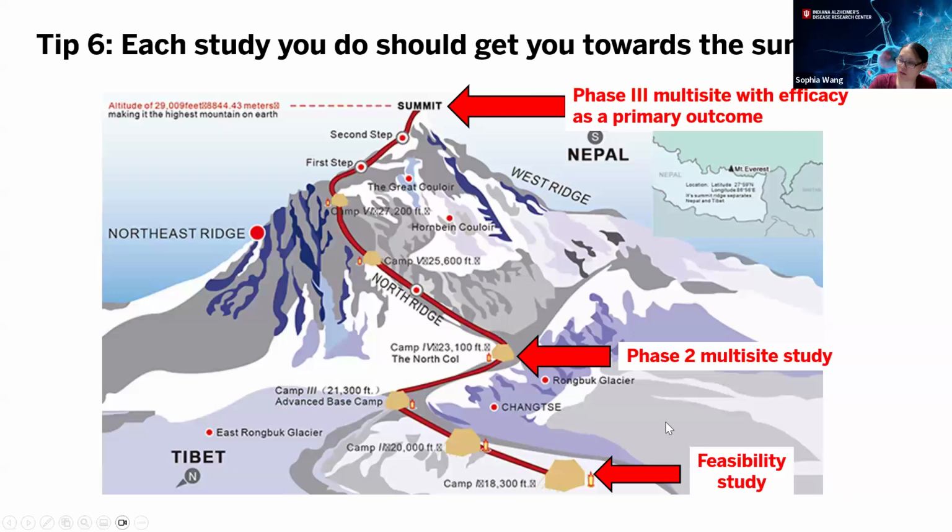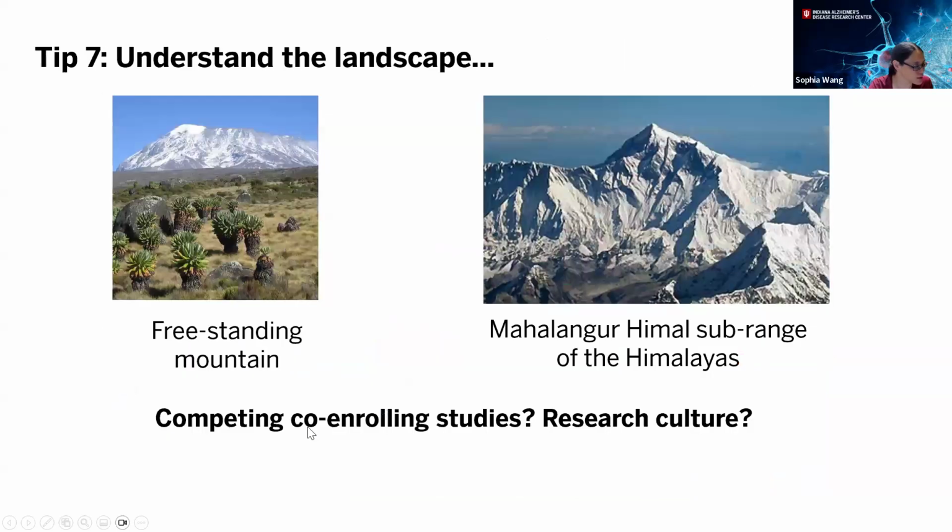So this gets back to an earlier point. Really start to think, and you can't perfectly plan everything, but begin to think about each study. Starting off, if you're a feasibility study or a phase 2, think about how you get to your phase 3, if that's where you want to get. And that brings me back to goodwill. If it goes well for the feasibility study and you share your results and people are buying into it, success begets success. And that's what you want to begin to think about as you go through all of this.